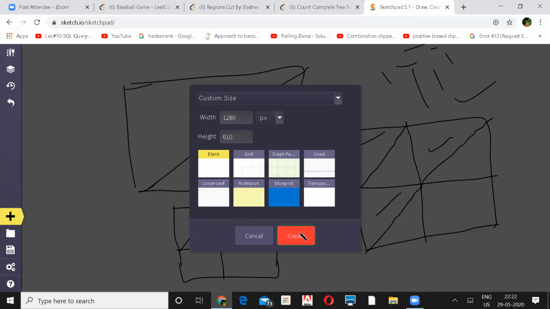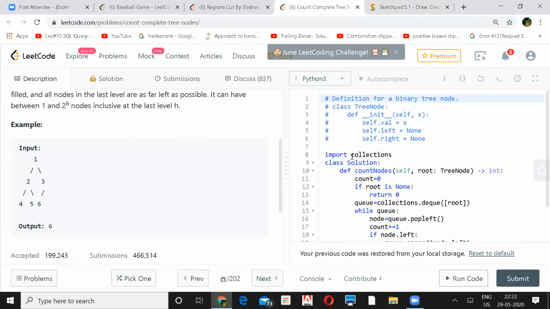Yeah, just type sketchpad, you'll get it. Okay, one second, I will try one thing.